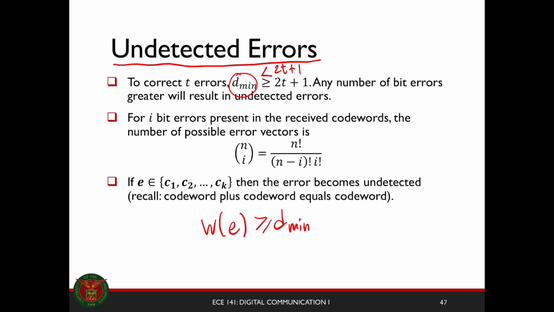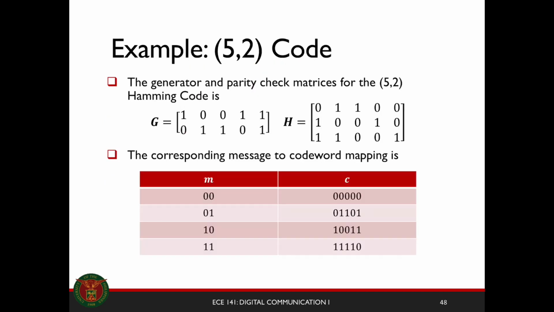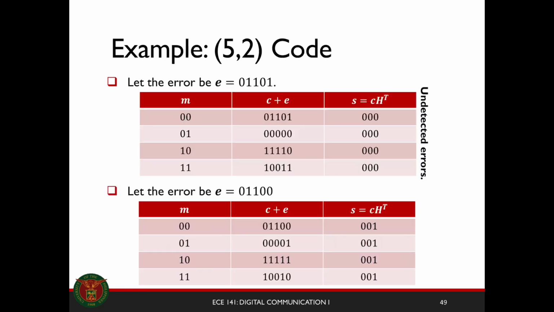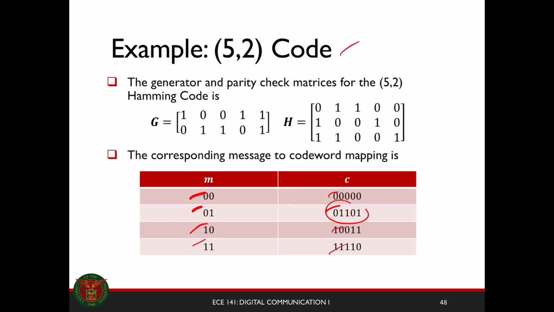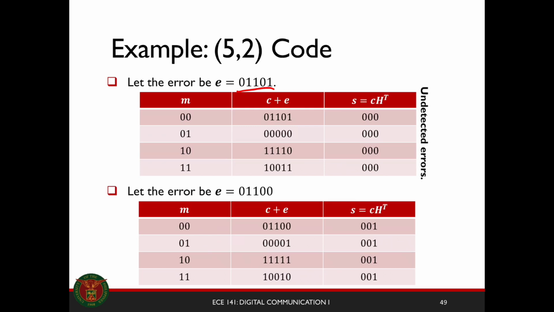Okay, and for given i bit errors present in the received code words, the number of possible error vectors is n taken i at a time. Okay, and if your error is an element of the set of valid code words, as I've shown earlier, then your error becomes undetected. So for example, let's look at this (5,2) code we talked about in the previous parts. So we have 4 possible messages with 4 possible valid code words. If the error is 01101, which is a valid code word as you see here, then